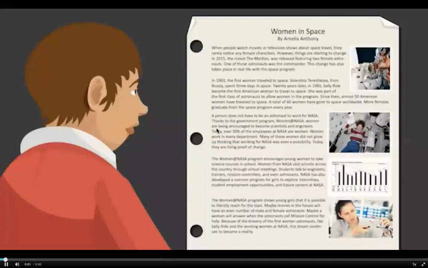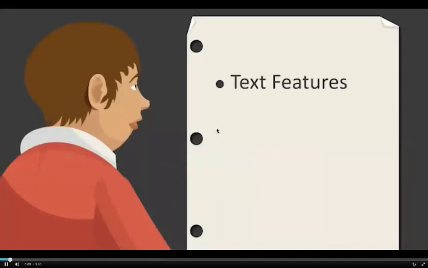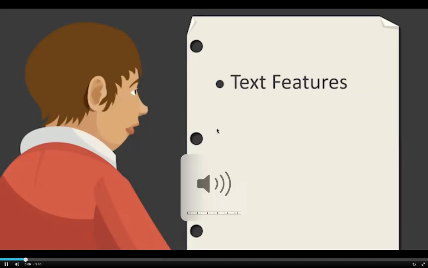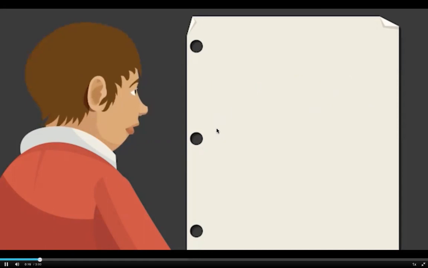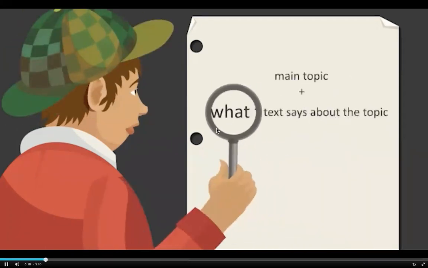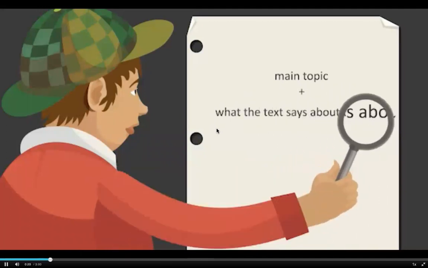To find the main idea, you need to examine the text features such as captions, pictures, and titles, as well as the topic sentences of the body paragraphs. You also need to look for important details. As a reader, you need to be a detail detective and examine the details closely to determine which ones support